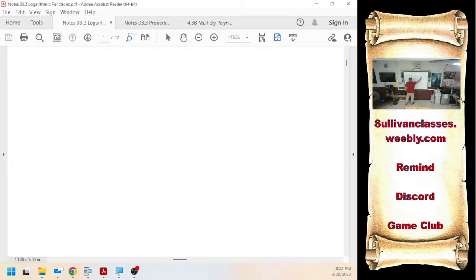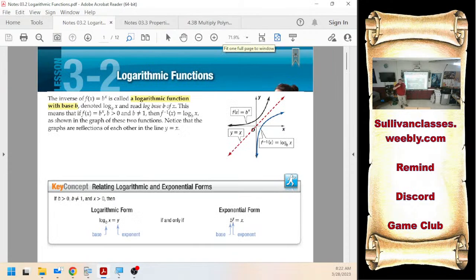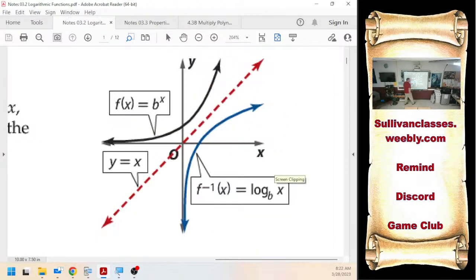Just like square root undoes squared, just like cube root undoes cubed, it's the inverse of exponents. And if it's the inverse, that means I swap x and y. I'd use the definition to rearrange it. And if an exponential graph normally has a horizontal asymptote at y equals 0, then a logarithmic graph will have a vertical asymptote at x equals 0. It's going to use the same